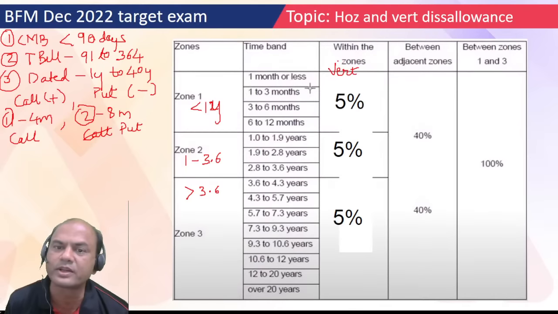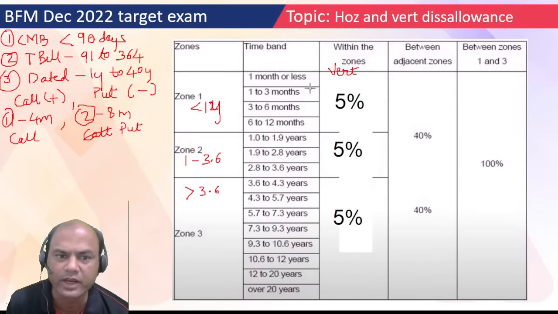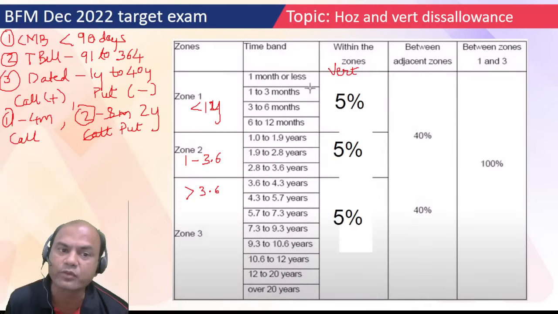Type yes if you have understood vertical. Okay, move on. Now if I adjust zone 1 and zone 2, what does it mean? Suppose there is one bond of 4 months and the second bond is of, let's say, 2 years. See this, instead of 8 months now I will do 2 years. But again the condition is the same. Whenever I have to adjust bond 1 with bond 2, let it be in the same zone or in the other zone,